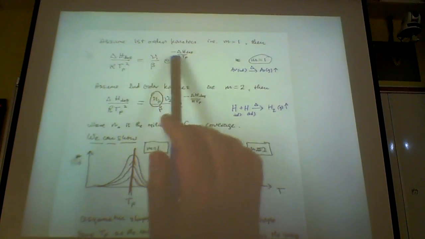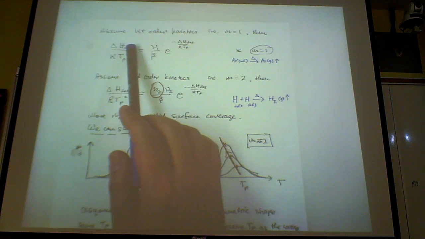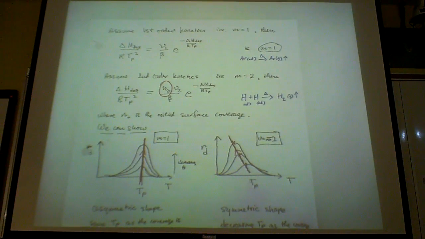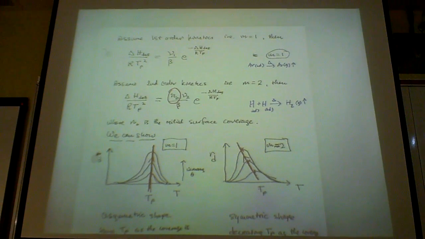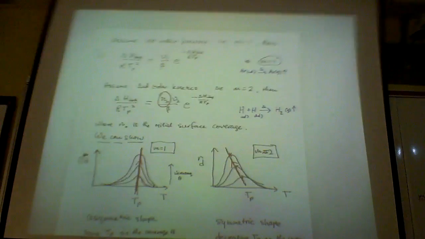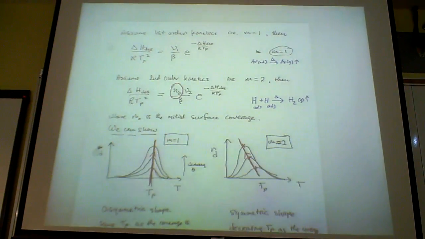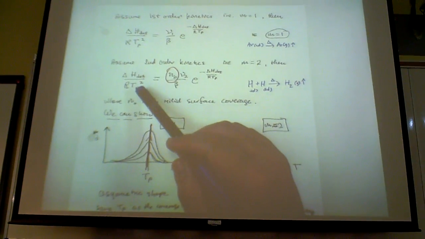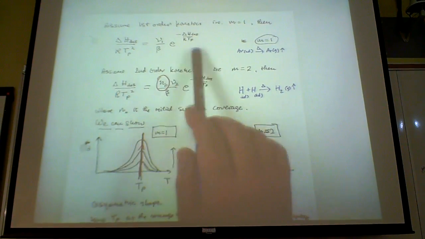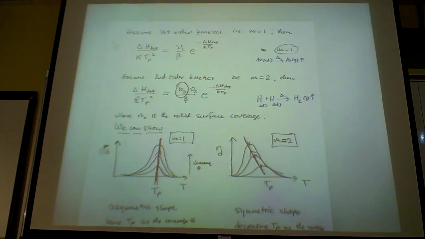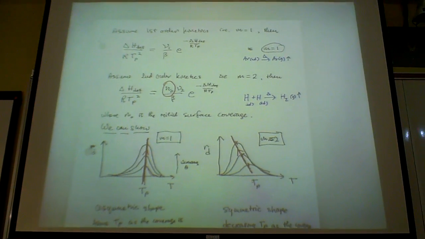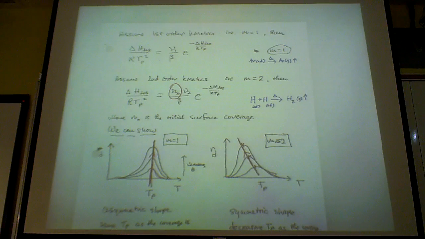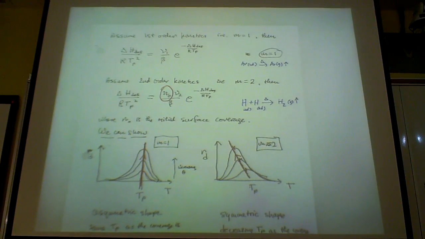Picture, right? Because all these are related. Delta H of desorption is a constant for a particular reaction, of course, and what is changing here is the Tp. So it means that your maximum desorption temperature, in this case for a first order reaction, does not depend on the initial surface coverage, whereas for a second order reaction, your maximum desorption temperature does depend on your initial